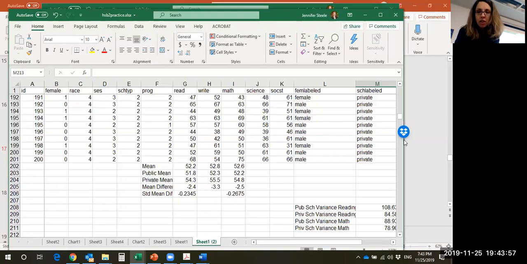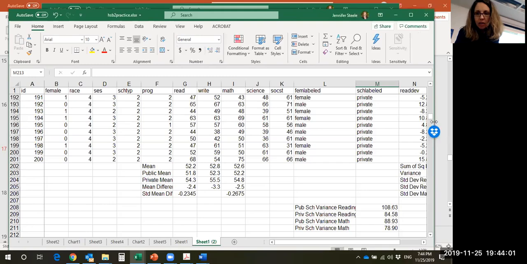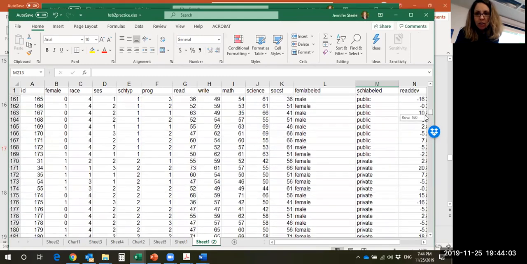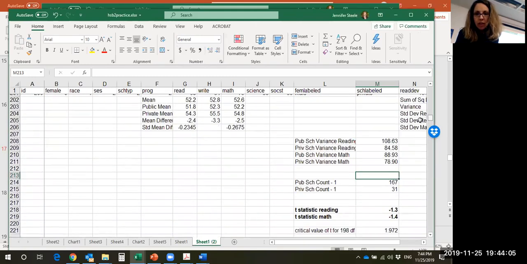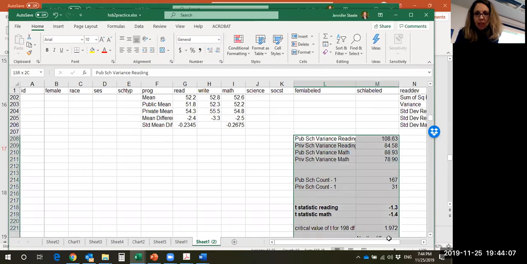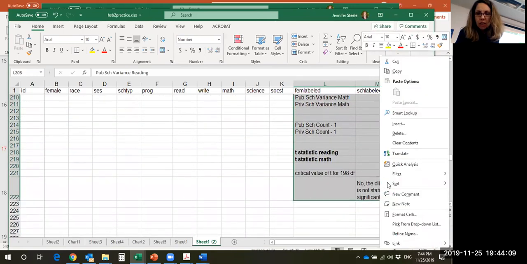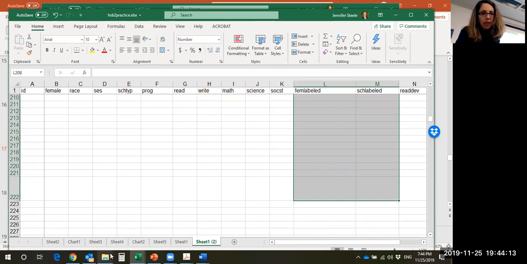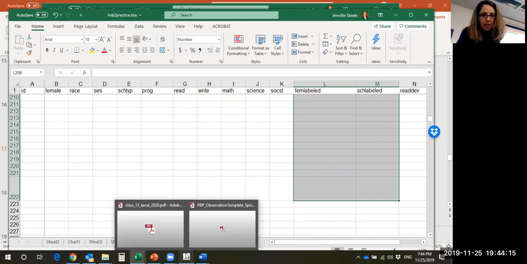The way that we do that, and let me see, I think this is one that I've already done, so let me delete what I've already done so I can do it from scratch. Okay, so I'm deleting that, clear content. Okay, so when I open the Excel task